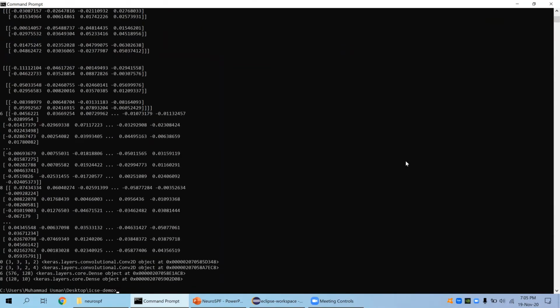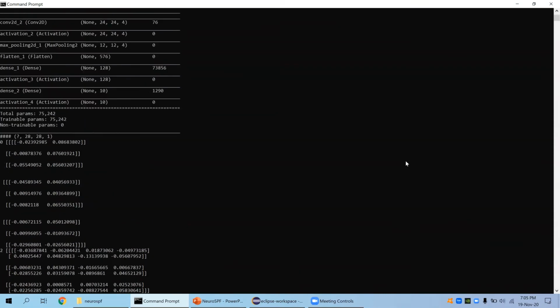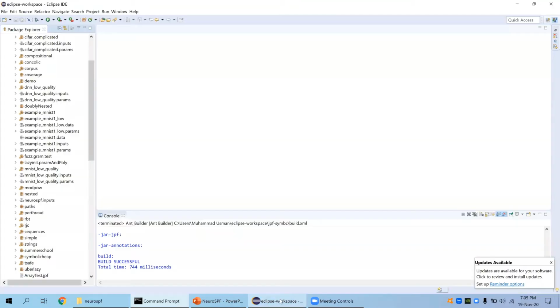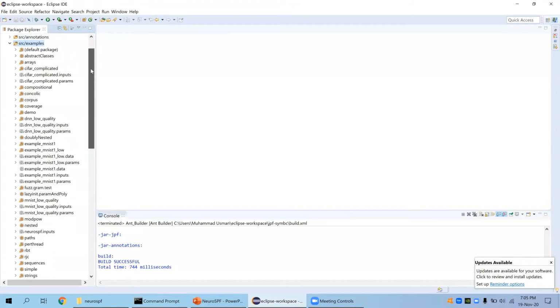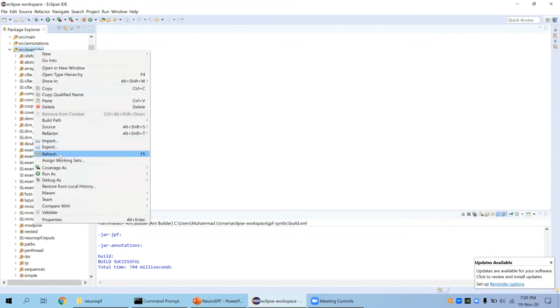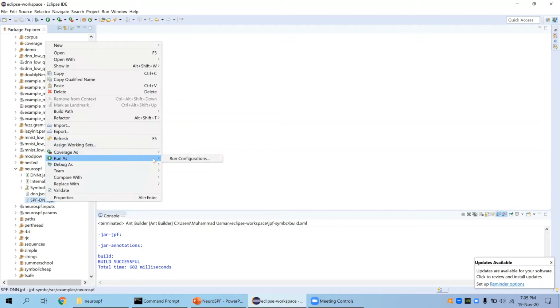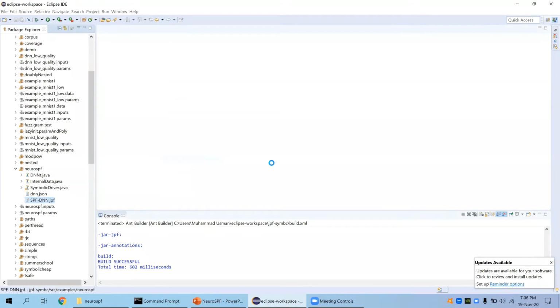Now the translator has generated a set of files. We can see that the summary of the trained translated neural network is available on the console. We now go to the Eclipse project to see the generated files. We first refresh the project so they are available in the Eclipse IDE. We run the spf dnn.jpf file so that NeuroSPF can start generating adversarial inputs, and in the meanwhile, I will explain